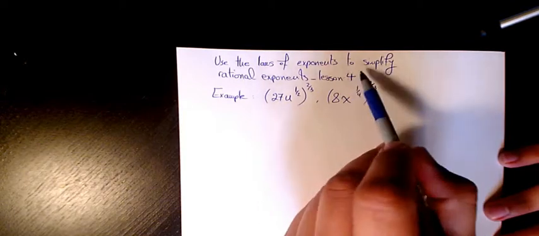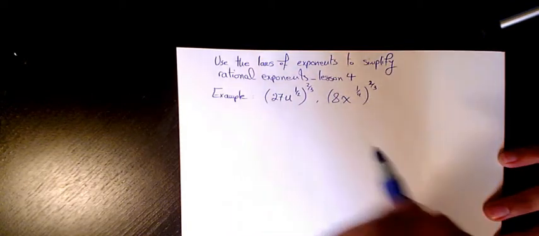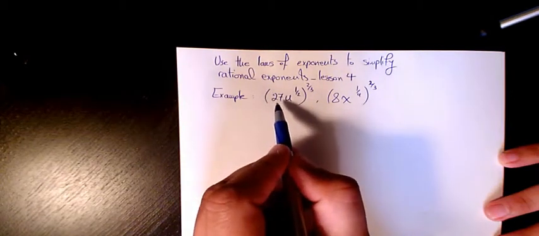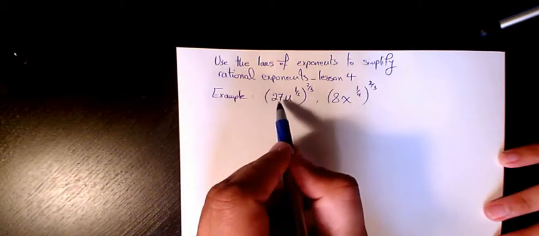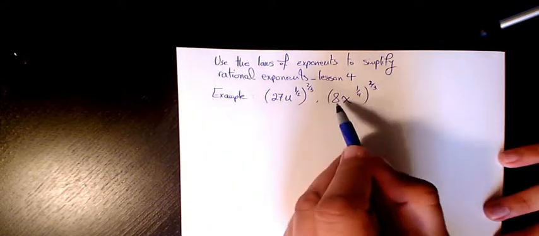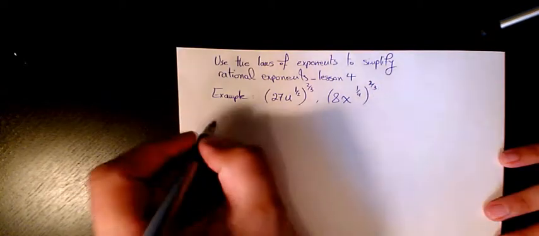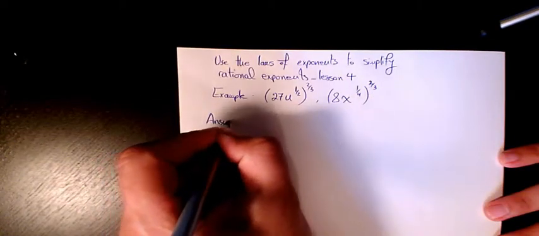This is lesson 4 regarding using the laws of exponents to simplify rational exponents. The first example I have here is 27u to the power of 1 over 2, to the power of 2 over 3, and here we have 8x to the power of 1 over 4, to the power of 2 over 3. Answer will be,